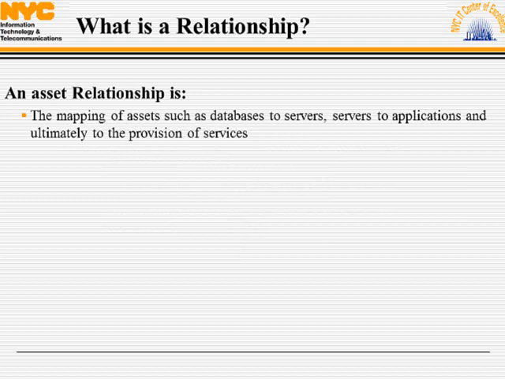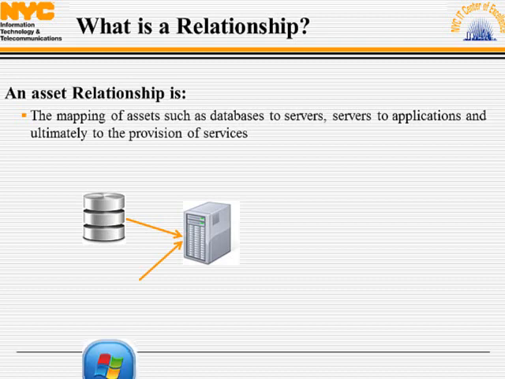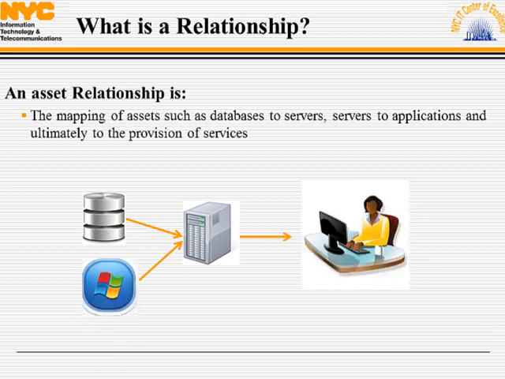The first slide that we will cover is what is a relationship. An asset relationship is the mapping of assets such as databases to servers, servers to applications, and ultimately to the provision of services. What is important about assets that are related in Remedy is that if something goes wrong with one of our assets, say this server in the middle,